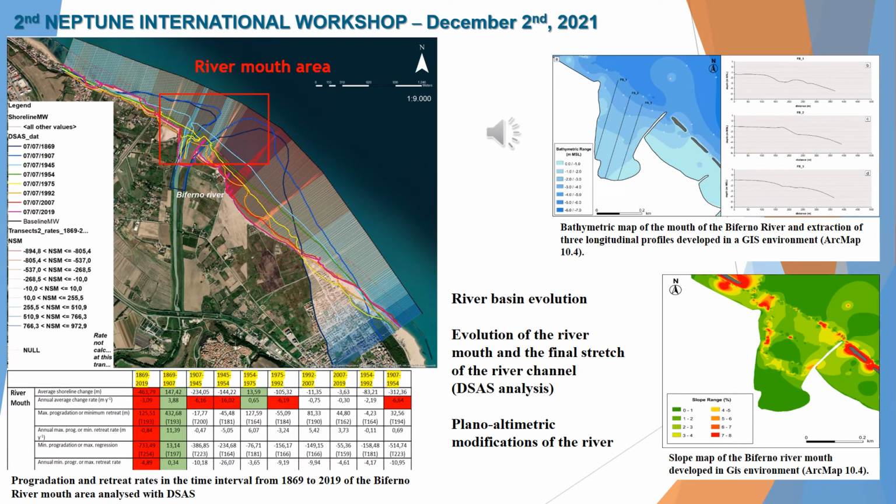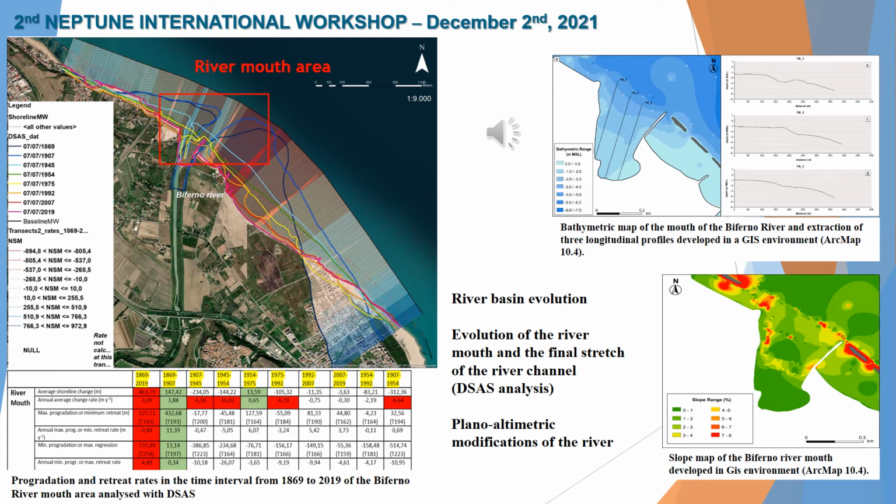Once I acquired the basic data for the Molise study area, I started with the analysis of the possible causes, both natural and anthropic, which may have contributed to the evolution and the current state of the coast. In particular, I started with the analysis of the evolution of the Biferno River basin through the literature, recent historical and topographical maps, previous thematic maps, and already existing databases.